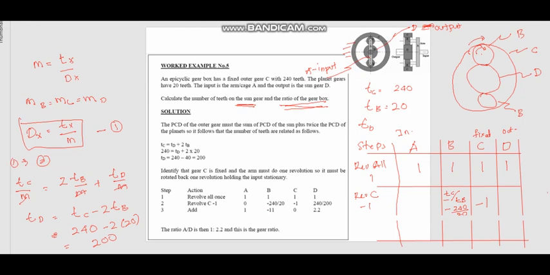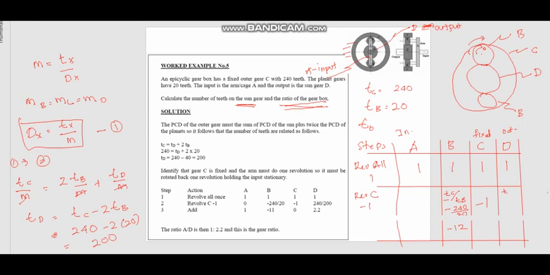So that is basically minus 12. Right? So basically that is the B. And if you look at B, B meshes with gear D, right? So then the number of rotations of D would be